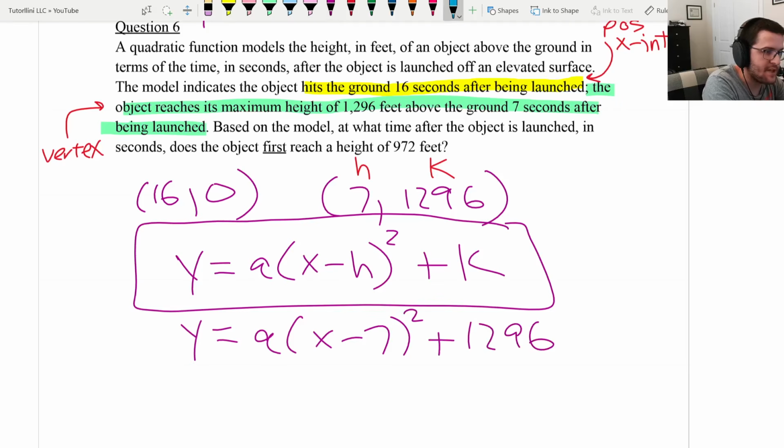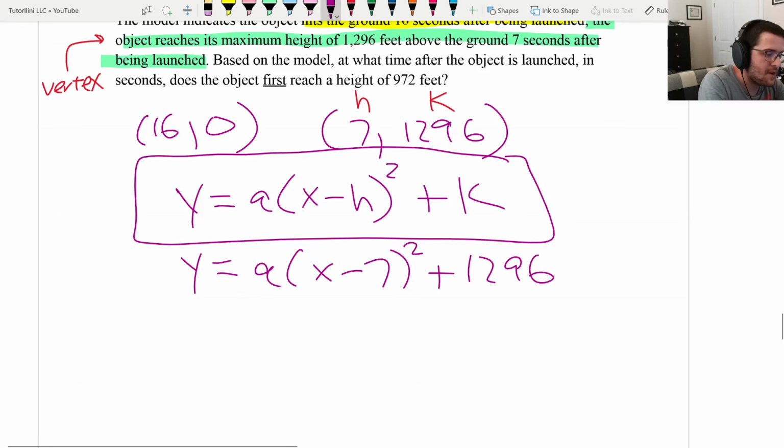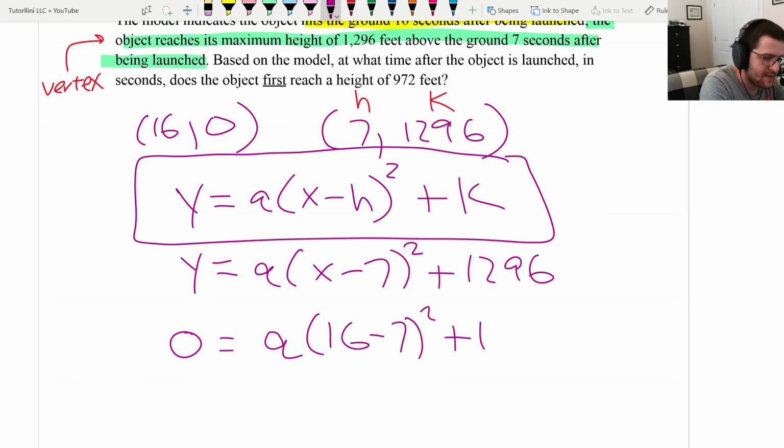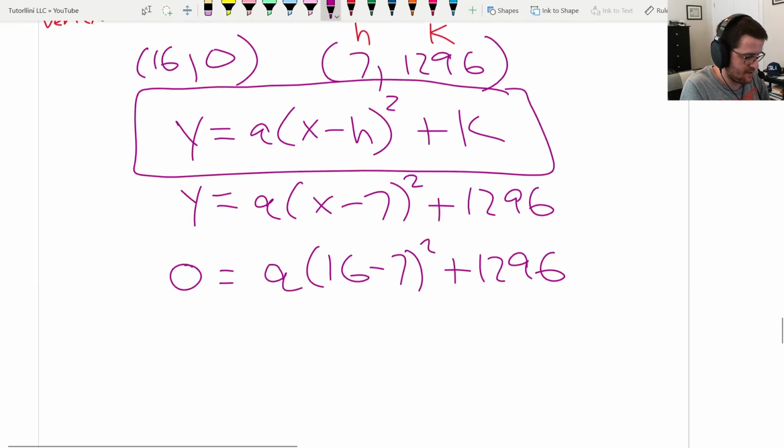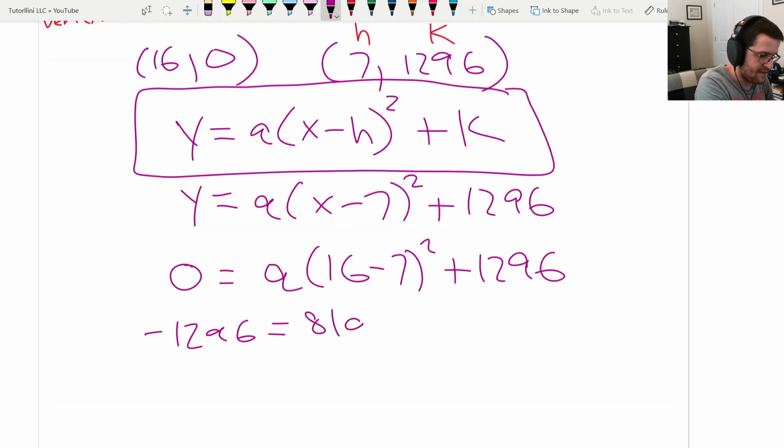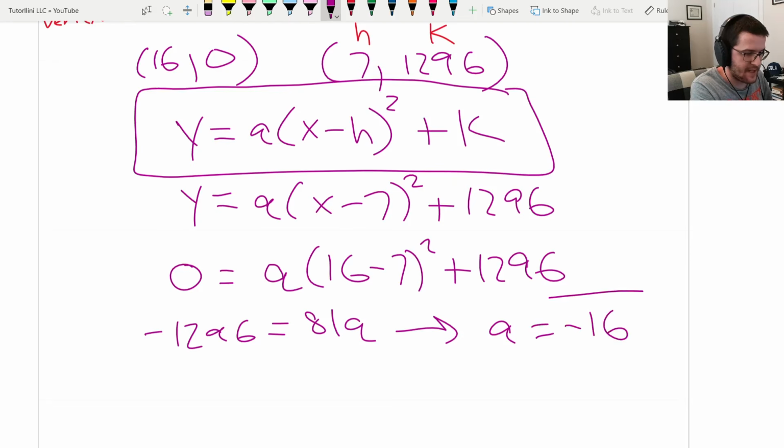And now we're going to plug in the other point for x and y to try to find a. So we get y is 0, a times x is 16 minus 7 squared plus 1296. Subtract 1296, 16 minus 7, and then square it, 81. So you should get negative 1296 equals 81a. Divide both sides by 81, and you should get negative 16, which is actually often the a for these problems